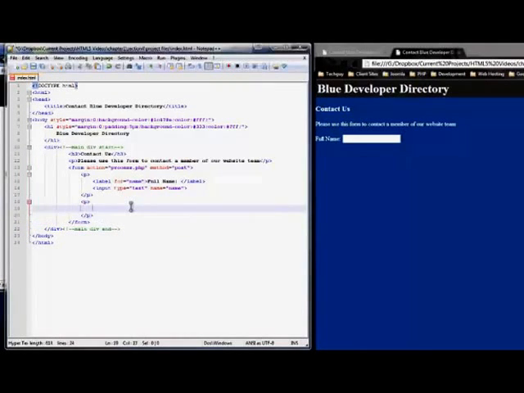And next, we're going to do an email address field. So we want to do label for, and we'll call this just email. And we'll say email address, close the label,